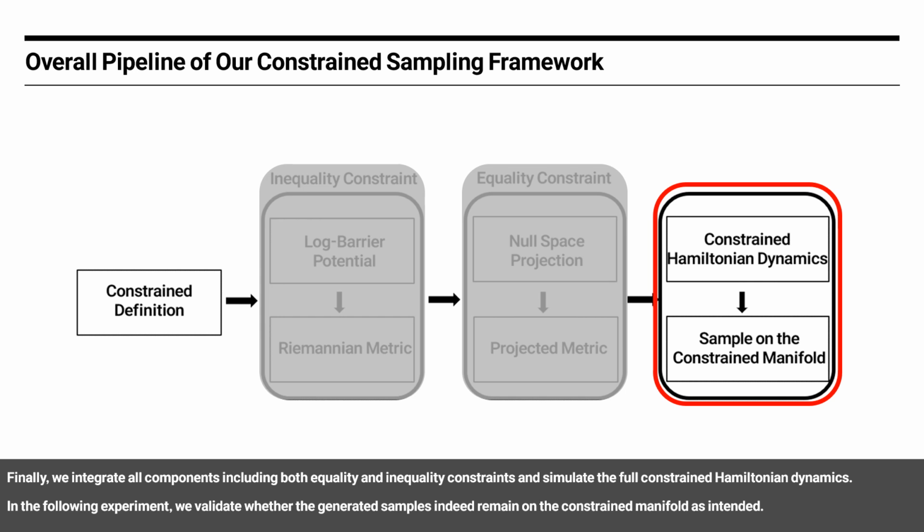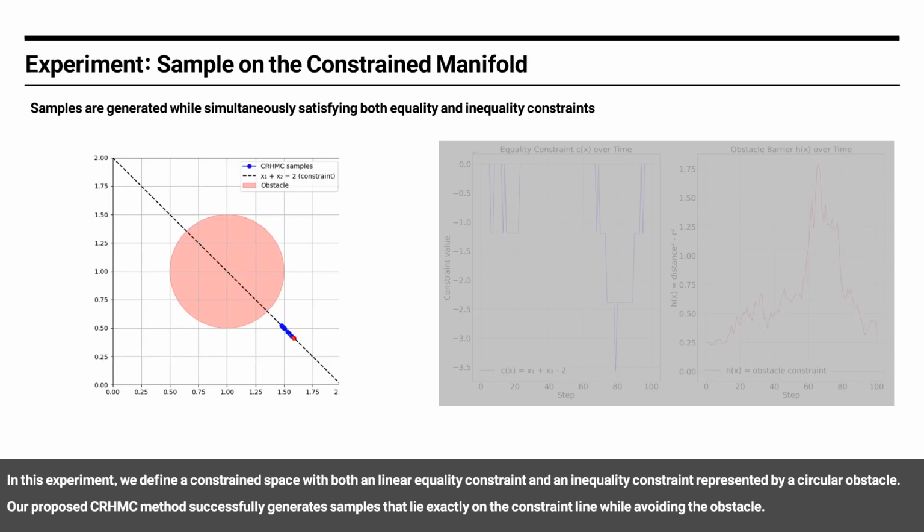Hamiltonian dynamics. In the following experiment, we validate whether the generated samples indeed remain on the constrained manifold as intended. In this experiment, we define a constrained space with both a linear equality constraint and an inequality constraint represented by a circular obstacle. Our proposed CRHMC method successfully generates samples that lie exactly on the constraint line while avoiding the